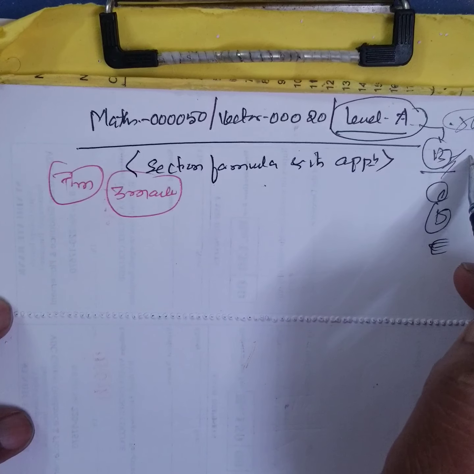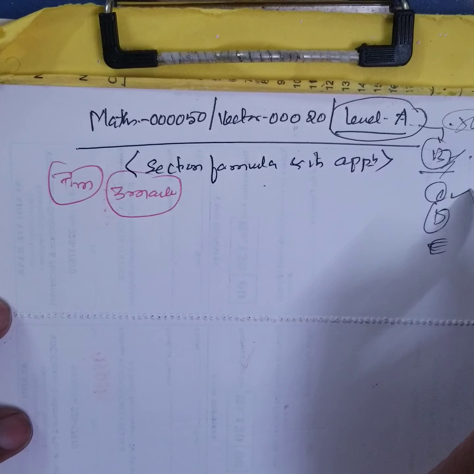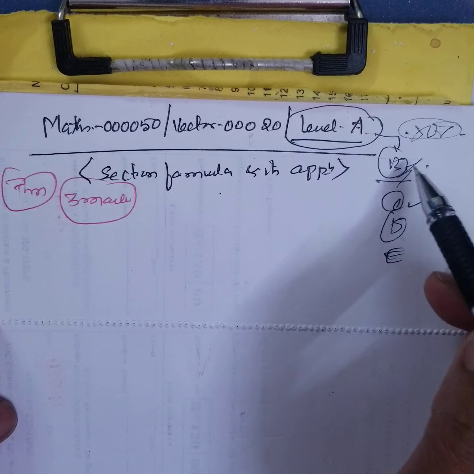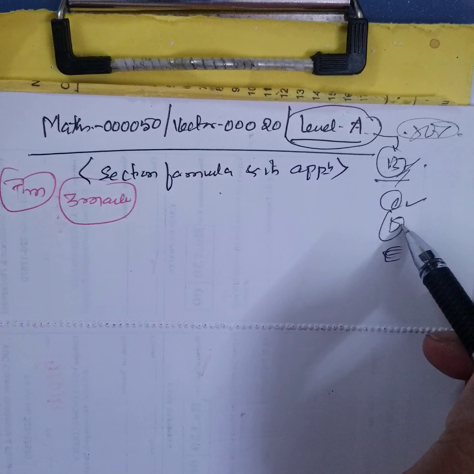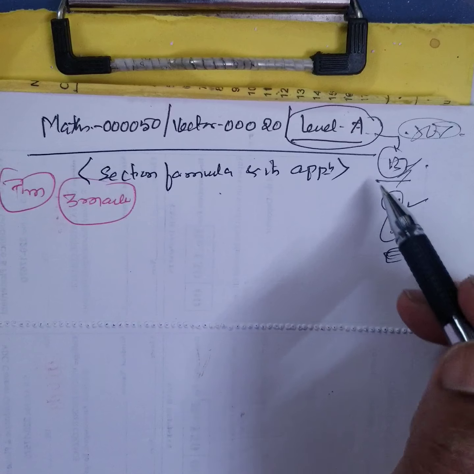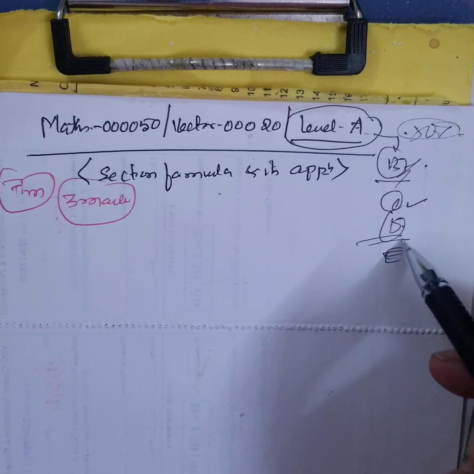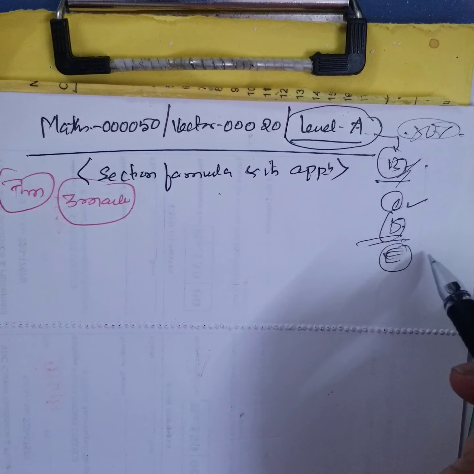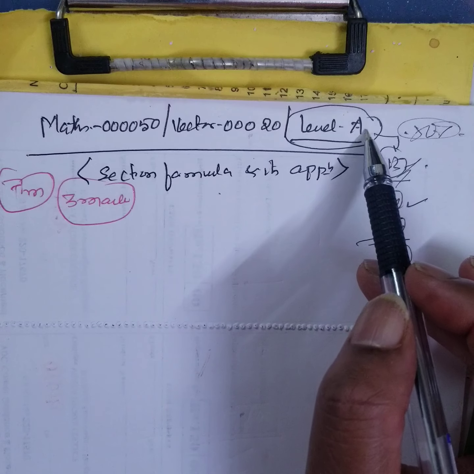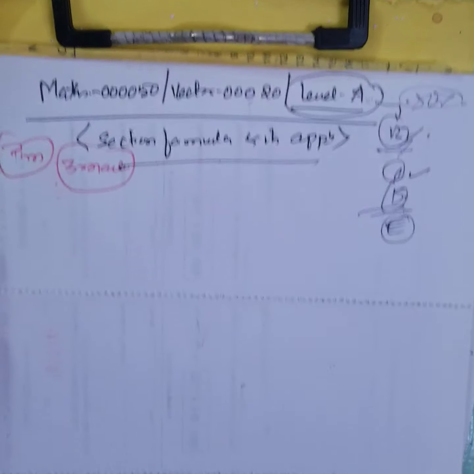At B level you will get around 70 to 80 marks. If you reach C level, you will be getting 100 out of 100 in maths. D level is for the entrance exams like IIT JEE and NEET type. In the NEET exam you don't have maths. E is an international level. Therefore we are doing different levels, but at present I am uploading only the A level for this examination. Now, the section formula they will ask you for 3 marks.